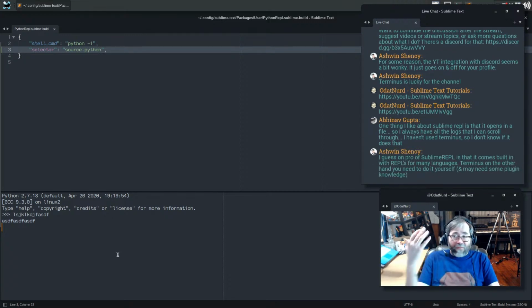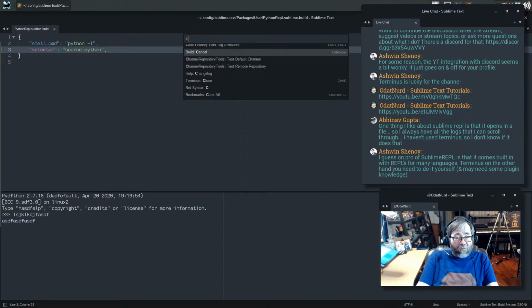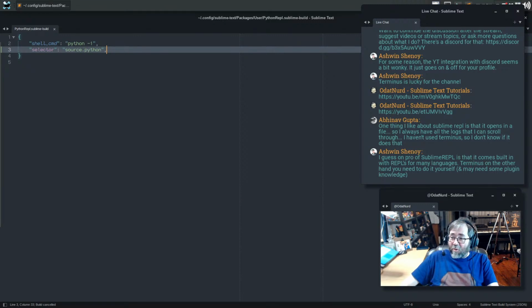If you're familiar with running programs in the general case, you might know the idea of standard input and standard output, with standard output and standard error being the place where displays go. Standard input is where input comes from. That's not connected to this panel. The fact that you can click in here and type is just a side effect of things. So this isn't something that's going to work for us right now. So I'm going to cancel that particular build.